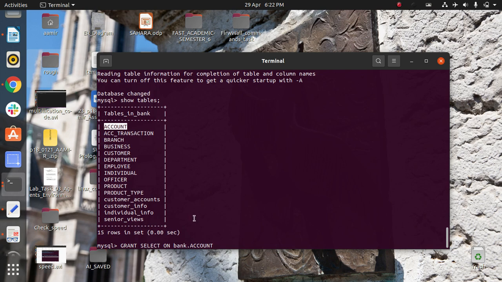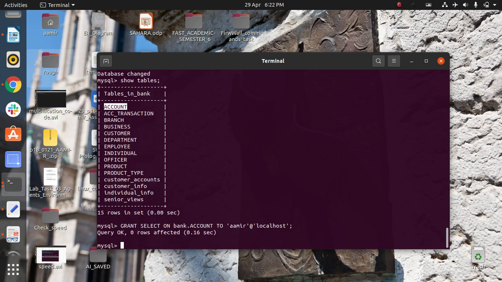He will only be allowed to select from that account table. If you enter, now this privilege is given.